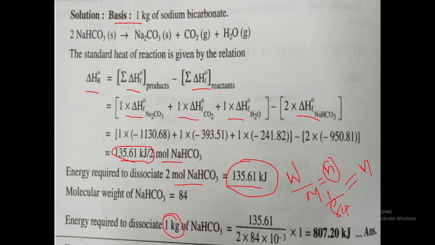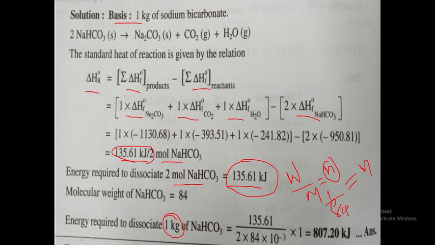What is the equation here? 135.61 divided by 2, into 84, into 10 to the minus 3, into 1. Finally we get 807.20 kilojoule. So this is the standard heat of reaction. Are you clear or not? This is the way we find out the standard heat of reaction value for 1 kg of